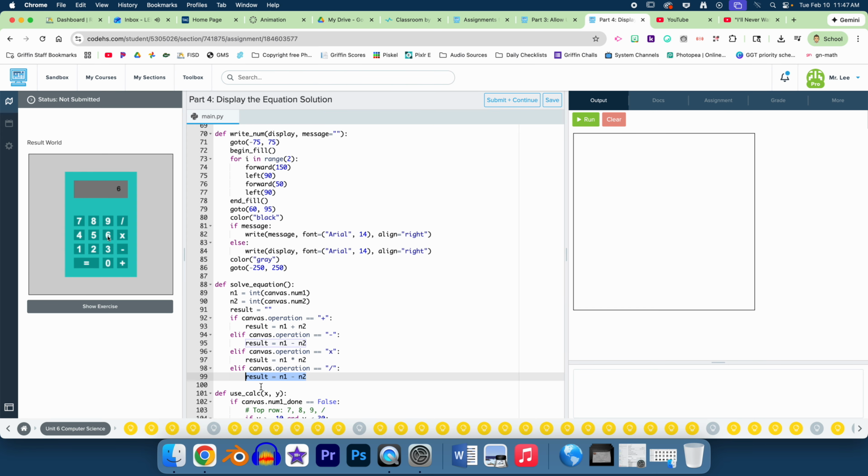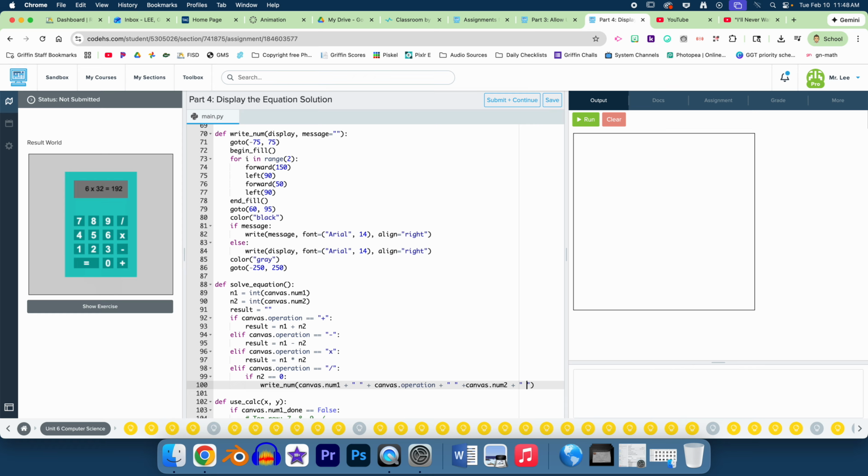So this one, we're going to do if n2 equals 0, write_num canvas.num1 plus canvas.operation plus canvas.num2 plus